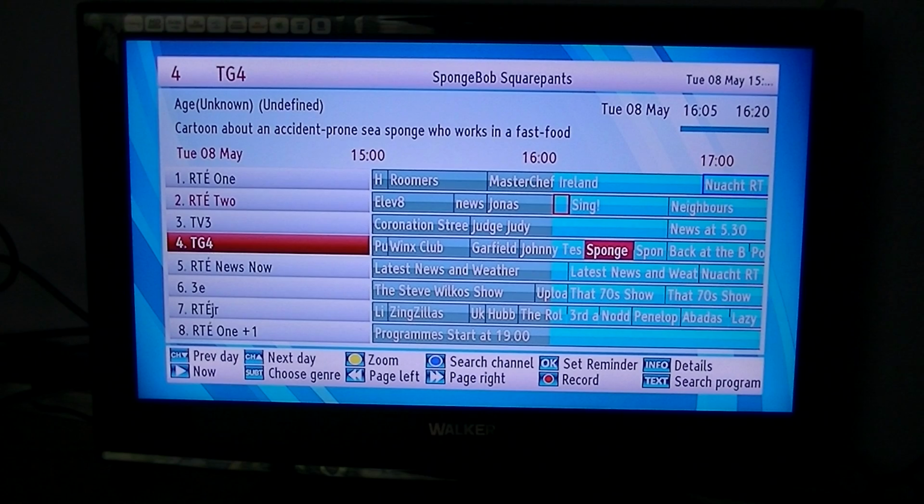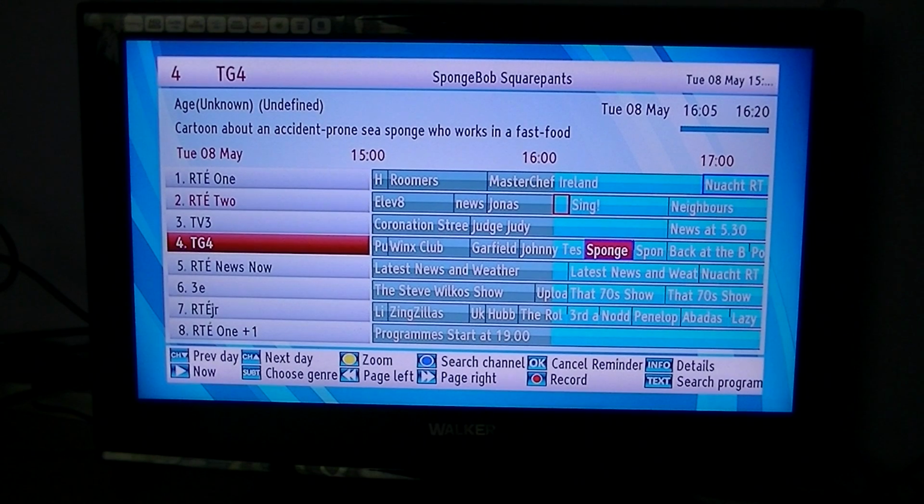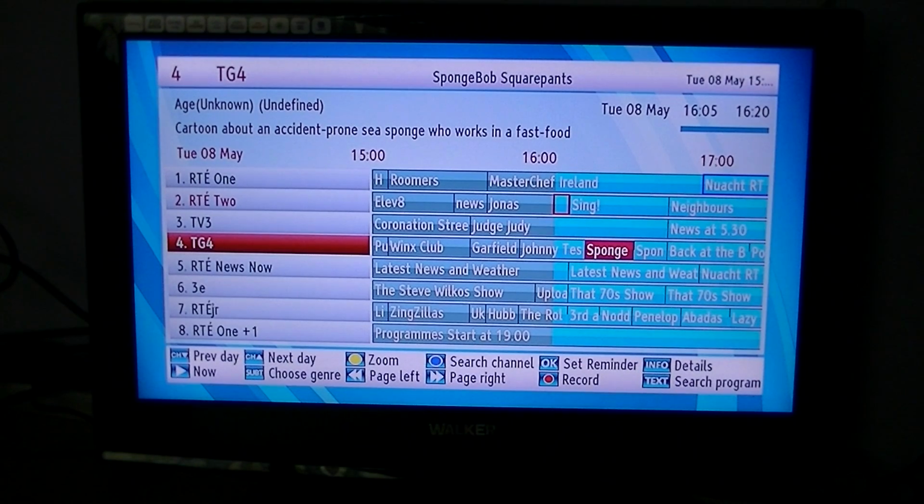Now there's other things you could do as well, if you didn't want to record. We'll say I'm another huge fan of SpongeBob SquarePants, right? You could just click the OK button, and what that will do is it'll actually set a reminder for me to watch that later on. So if I was on a different channel, it would come up and remind me that SpongeBob SquarePants is on, so that I'd never miss an episode. So that's basically it. So you can hit OK to cancel the reminder again,